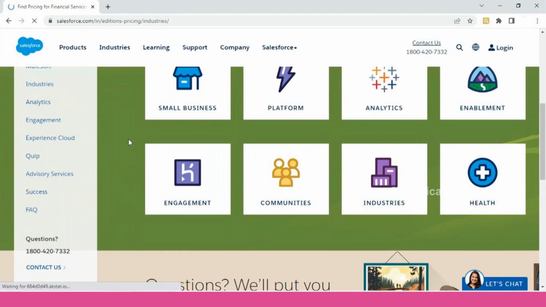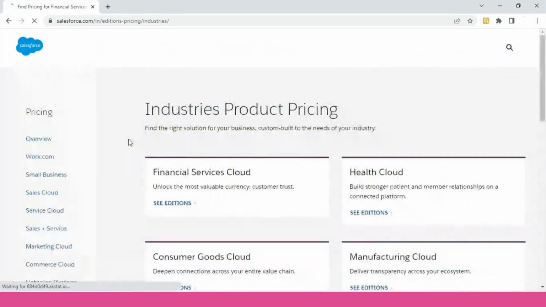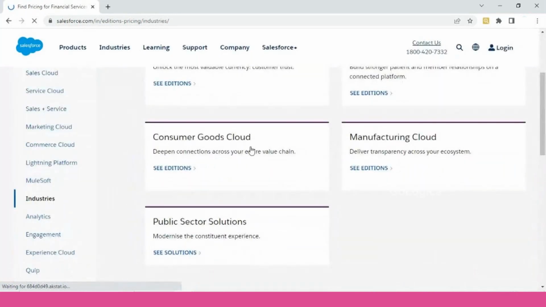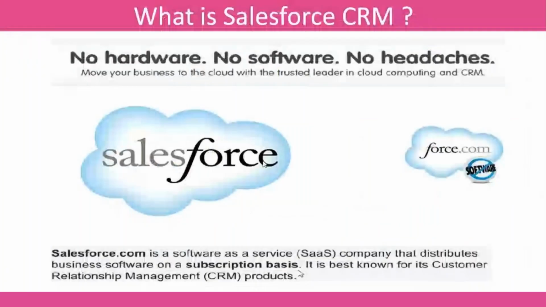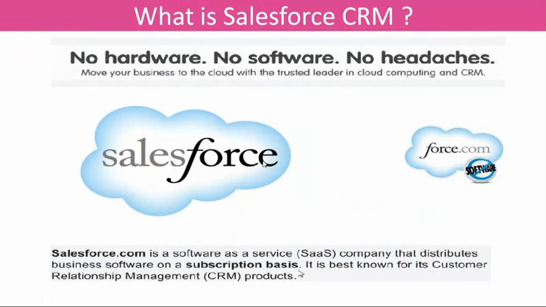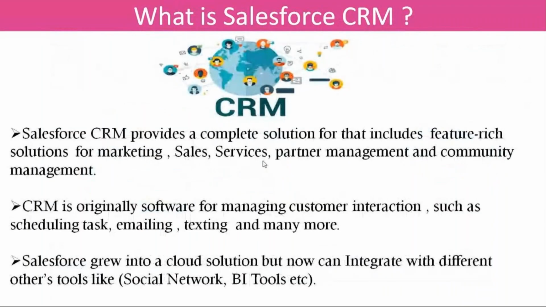If I click on industries, there are Commerce, Goods Cloud, Manufacturing Cloud, Public Sector Solutions, Health Cloud, Financial Services Cloud. As I mentioned in CBEL also, you have many applications based on the domain and the industry. In the same manner, we have them in Salesforce. Now, if we talk about the features of Salesforce,